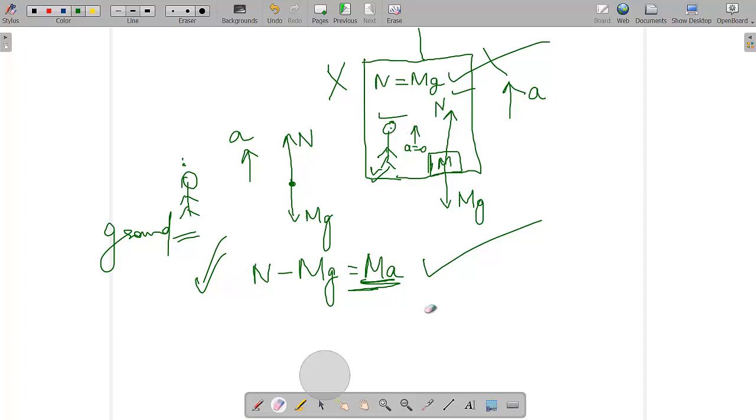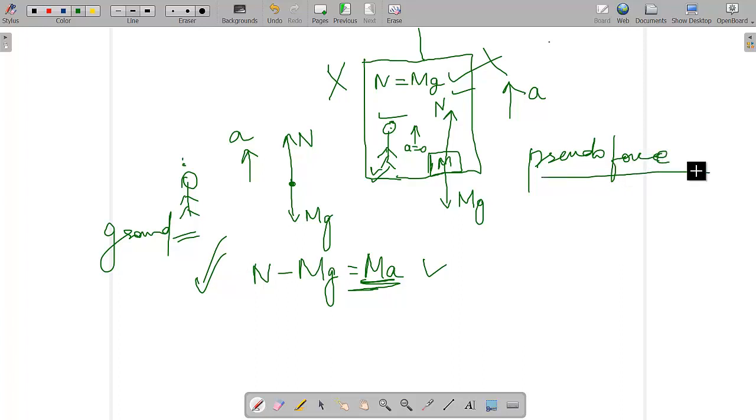So when we are working with a non-inertial frame, can we do some kind of changing the equation or something, just add on to the equation so that both these equations match? Understood? So for that, here comes into the picture what is called a pseudo force. So pseudo force is a false force. There is no such kind of a force acting. We just apply this force on the body when we know that we are actually standing in a non-inertial frame. Understood? Then we apply this pseudo force so that our equation becomes true.